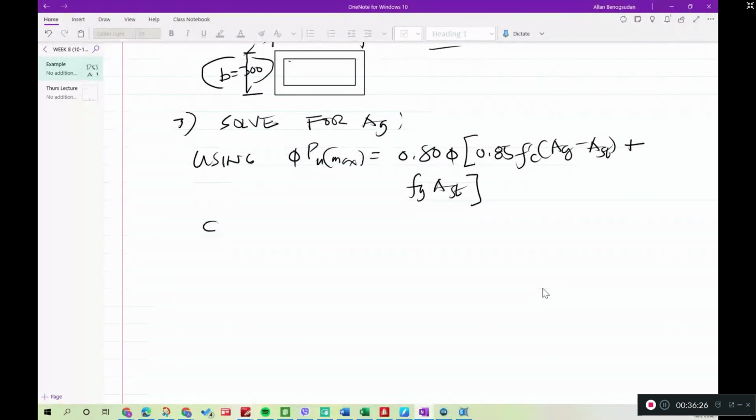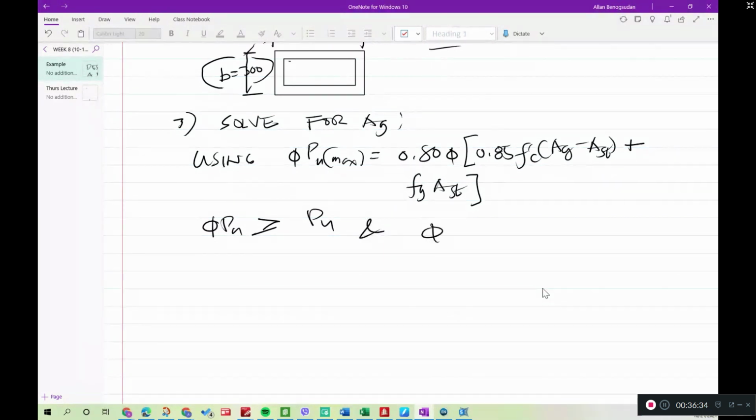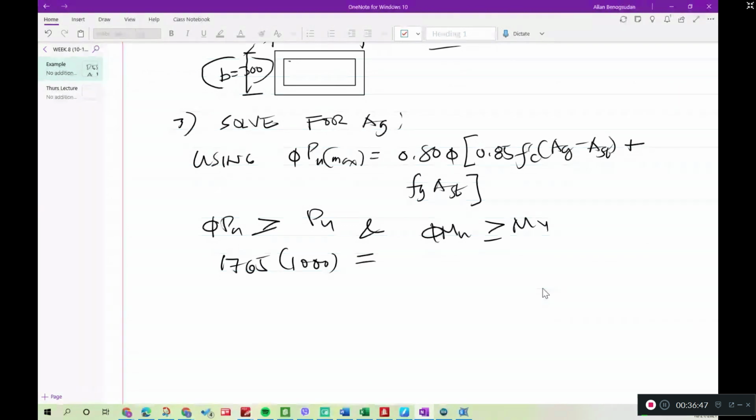Then let us say that phi Pn must be greater than or equal to Pu, and phi Mn must be greater than or equal to Mu. Then 1765 multiplied by 1000 is equal to